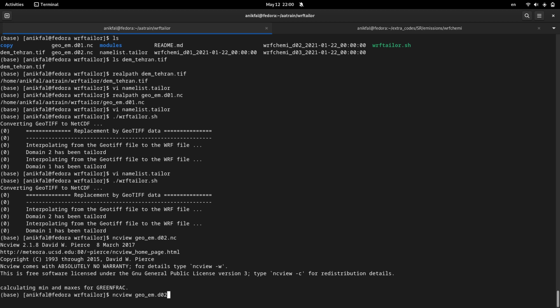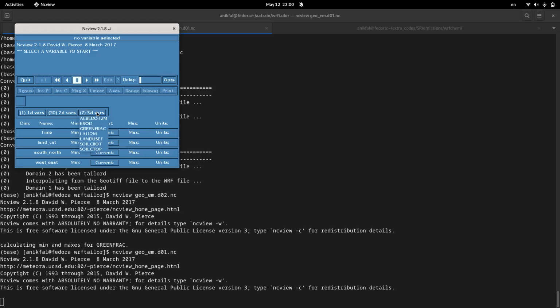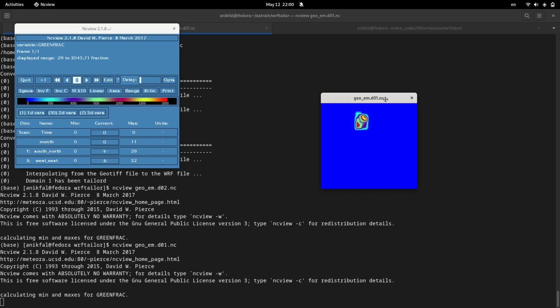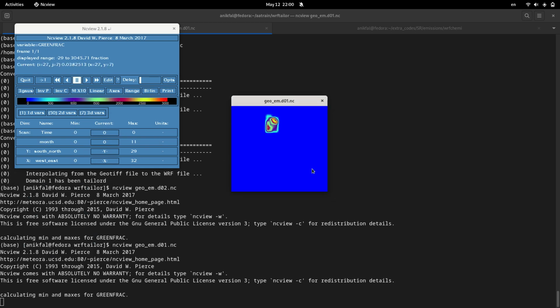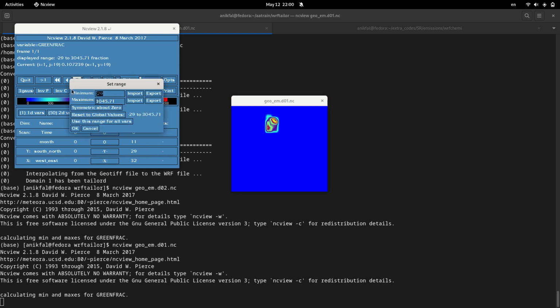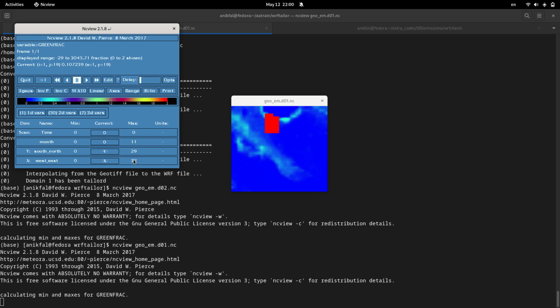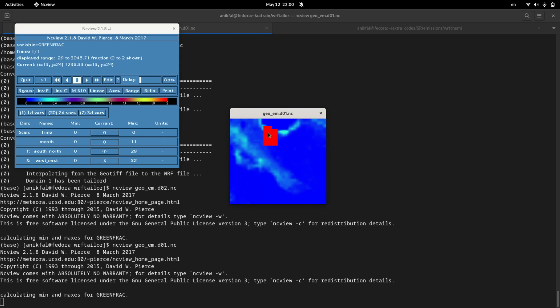The same issue applies to the first domain, or parent domain, on green fraction. This is the parent domain, and let me change the range to a better contrast. Okay, yeah, the green fraction, this is for the first month, and if I go to second, third, fourth, fifth, and yeah, 6 months, this is the area for